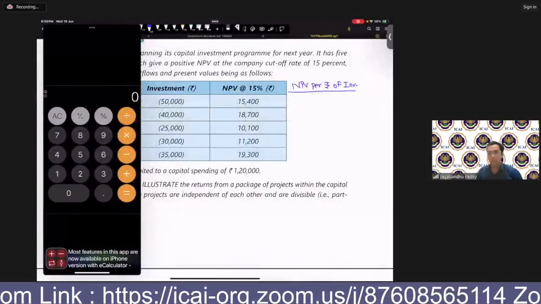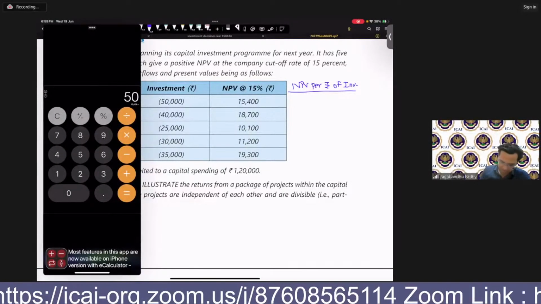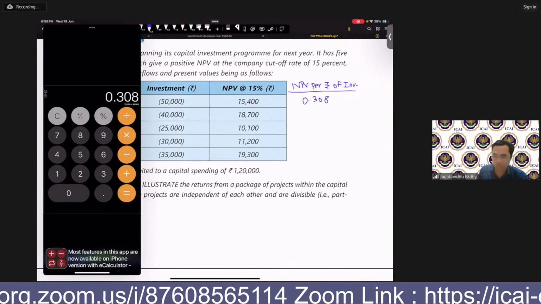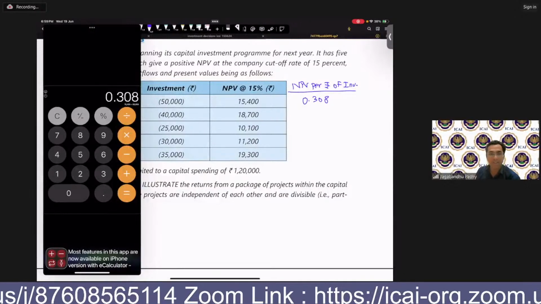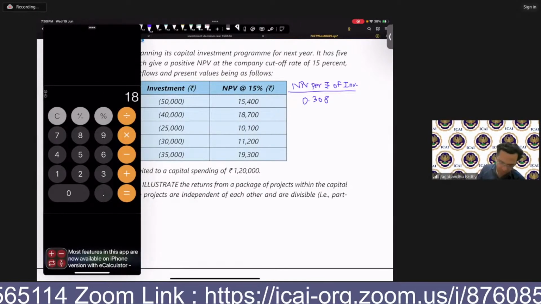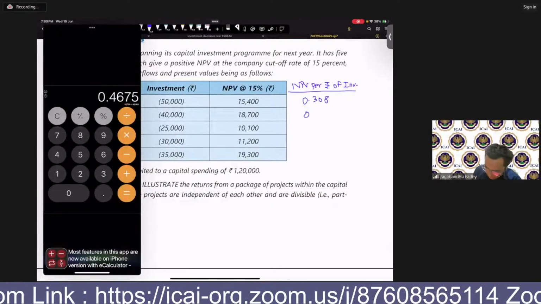So let's say per rupee of investment, what is the NPV? So 15,400 divided by 50,000, that's 0.308. So every rupee that you invest is going to give you 30.8% in return as far as the first project is concerned. Second project, you have 18,700 divided by 40,000, which is